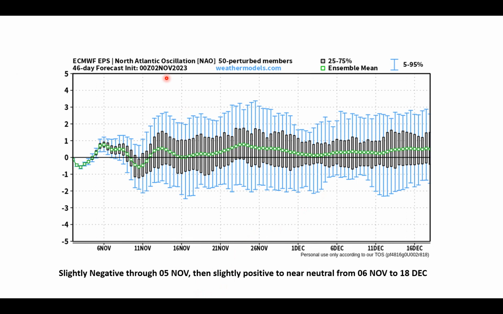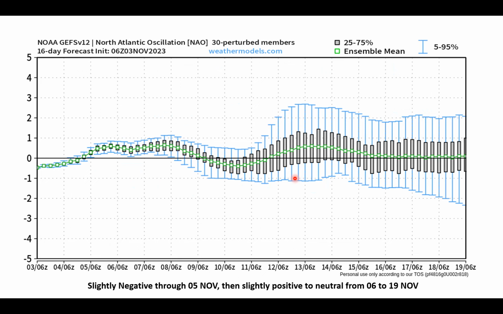European EPS, 50 perturbed members, 46-day outlook out to 18 December, showing a slightly negative phase of the NAO, climbing up to the slightly positive side, back to slightly negative, back to slightly positive. You're getting the hint here, aren't you? Slightly positive to near neutral conditions generally rule the period from 6 November to 18 December. And then the NOAA GEFS V12 NAO 30 perturbed member forecast showing a slightly negative NAO through 5 November, and then slightly positive for a bit to neutral throughout the period to 19